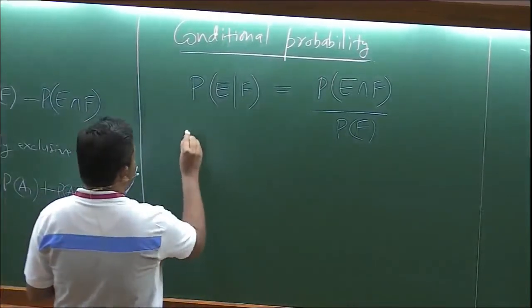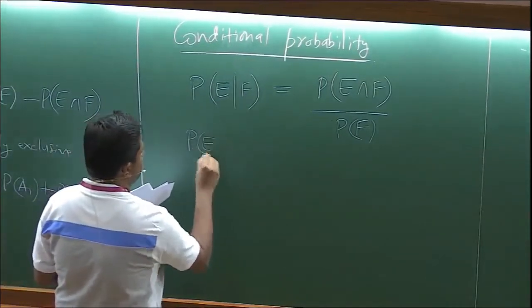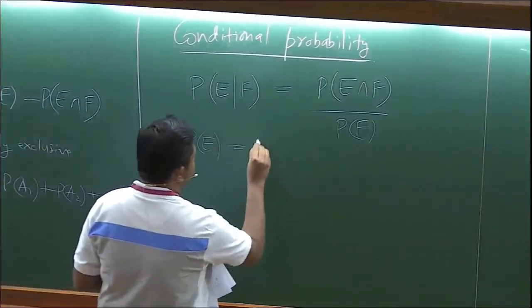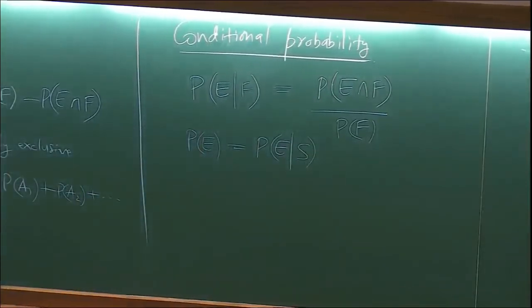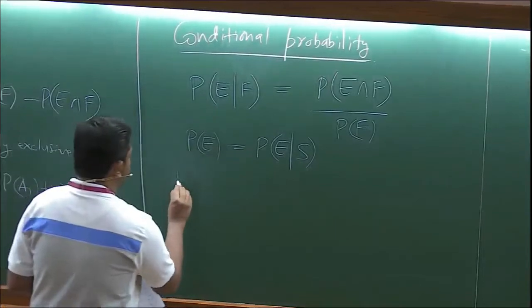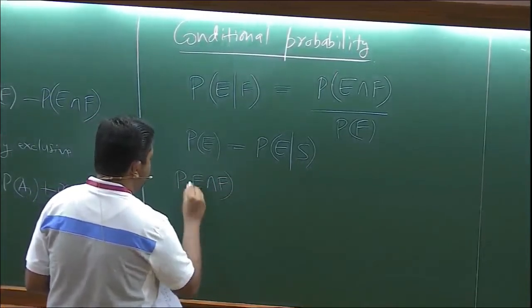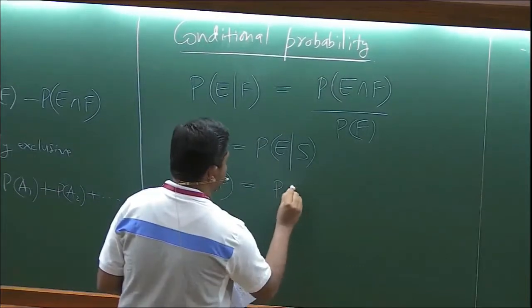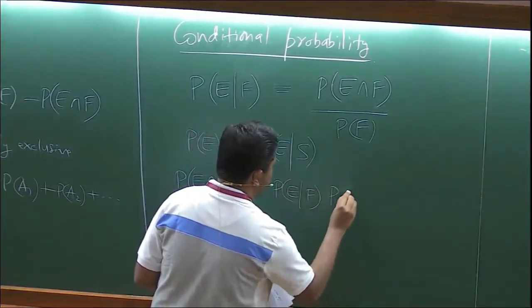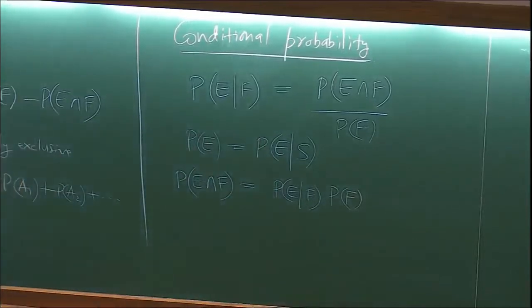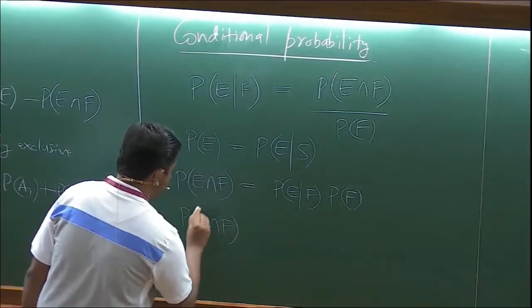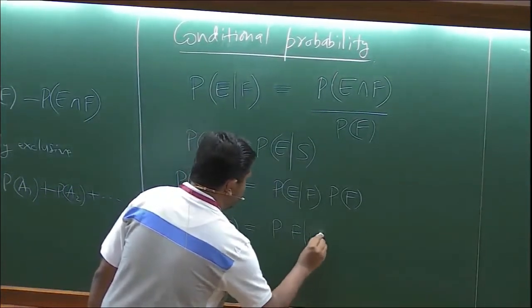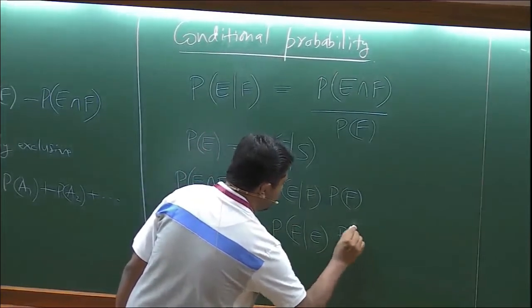In some sense, all probabilities are conditional, right? Because the probability of any event E occurring, I can also write as the probability of the occurrence of E given the entire sample space. So the probability of the occurrence of both E and F is the probability of E given F times the probability of F. Surely I can also do it this way: the probability of F given E times the probability of E.